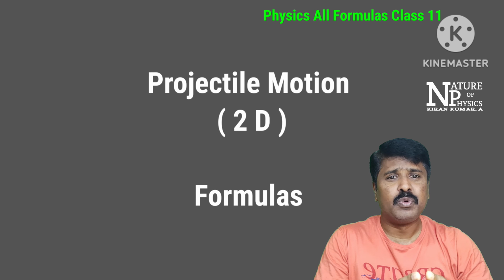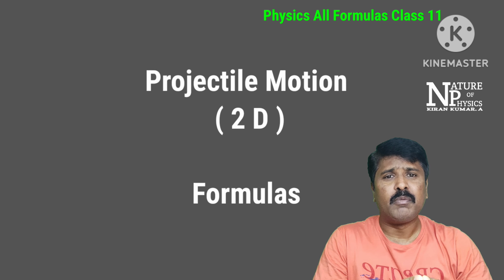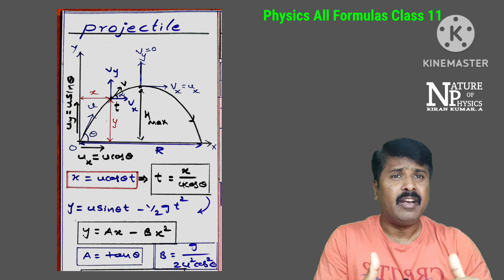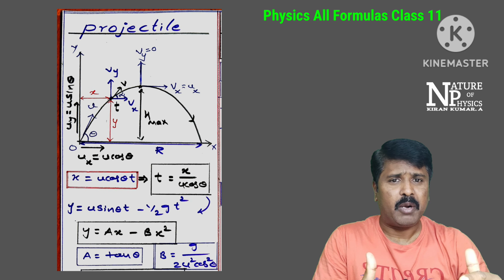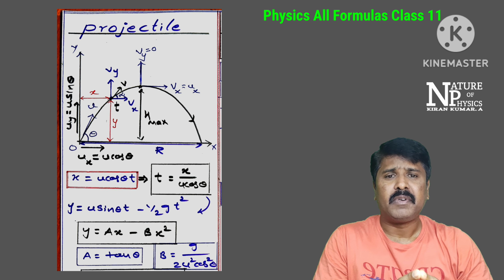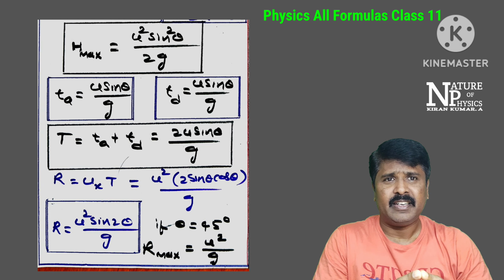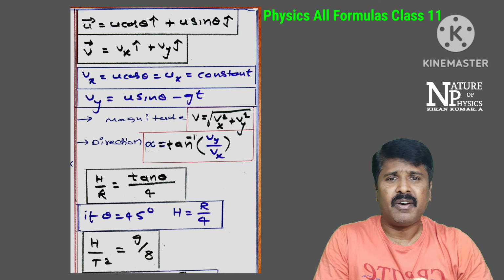And next one is 2D motion, that is projectile motion, in which the projectile diagram and derivation formulas I gave you. And after this, maximum height and also time of ascent, time of flight, horizontal range. After this, on the next page we will discuss a relation between the maximum height and horizontal range, and also maximum height